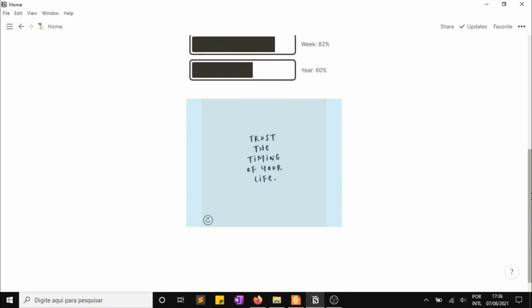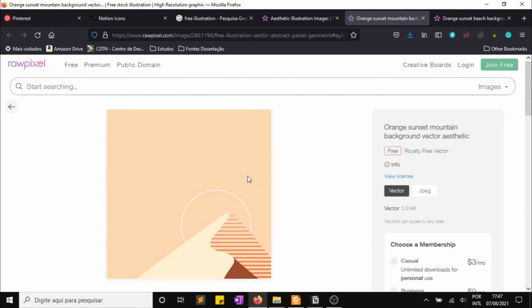Here, I used only 2 widgets so the page doesn't look messy.